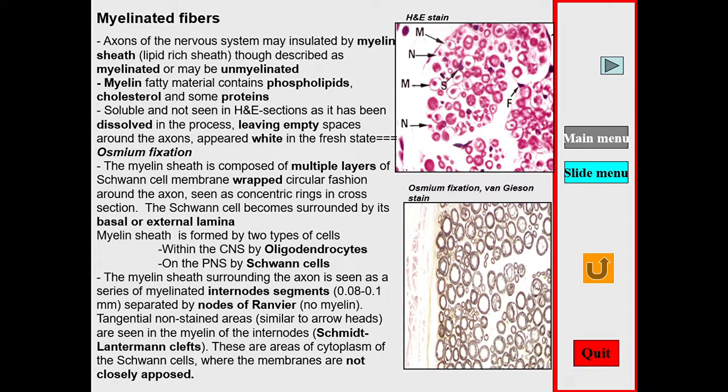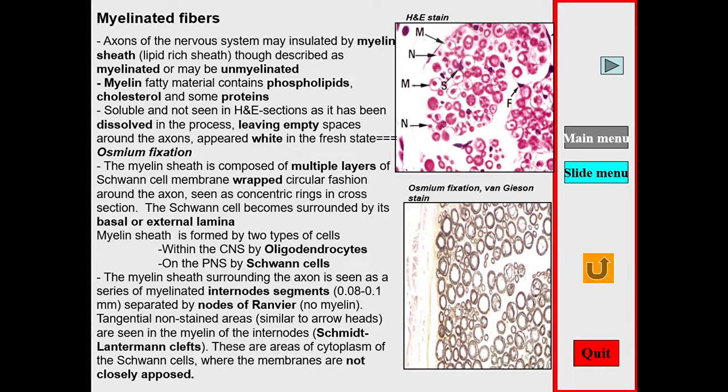As we can see here in this diagram, H and E protein stain. In the middle we can see the axon in red. The white area which surrounds the axon is the myelin sheath. This myelin sheath appears white because during the preparation of the H and E stain, the lipid material is dissolved, so it appears as a white area surrounding the